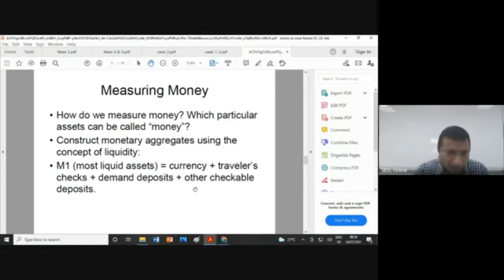Everybody would like to hold, but it depends on the jurisdiction. Some currencies would not necessarily have that carry, so that also has some form of liquidity concerns. But your own domestic currency is always the most liquid. So in your wallets, if you have rupees, that would be the most liquid. So at any given point of time,